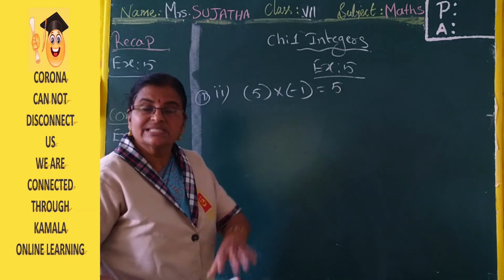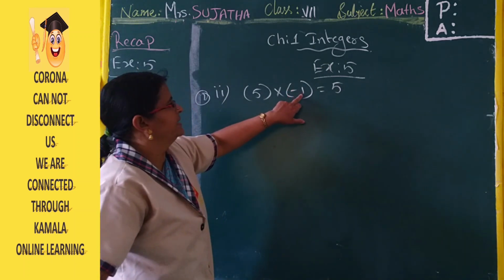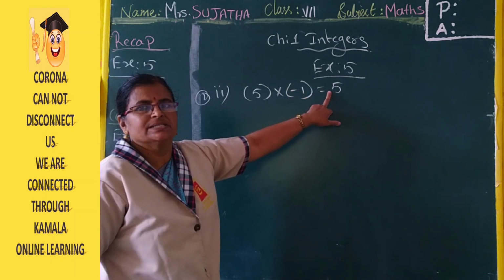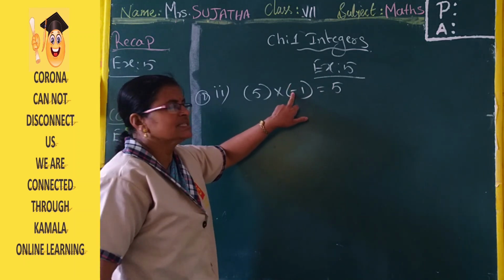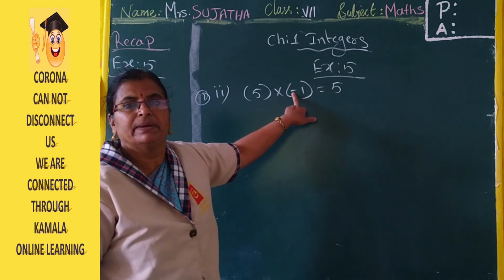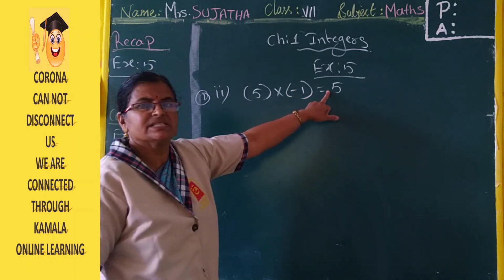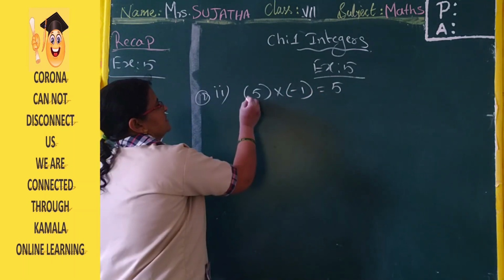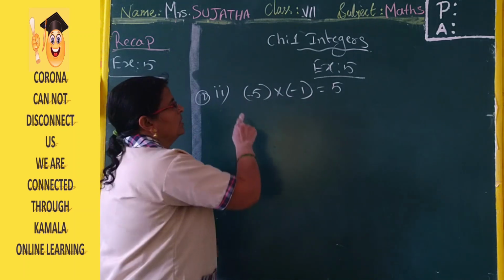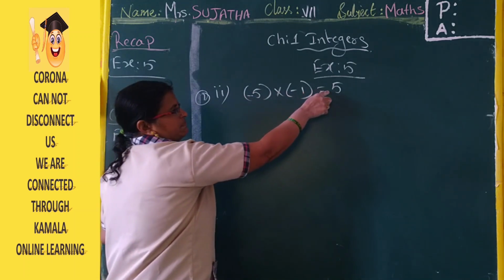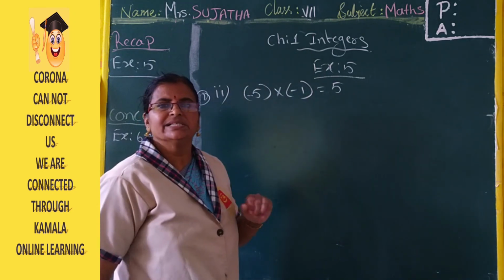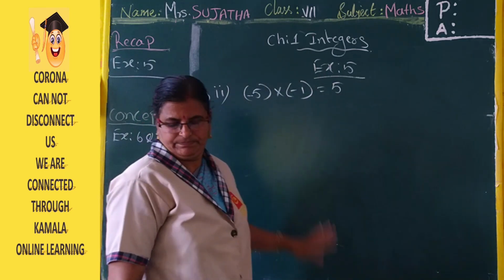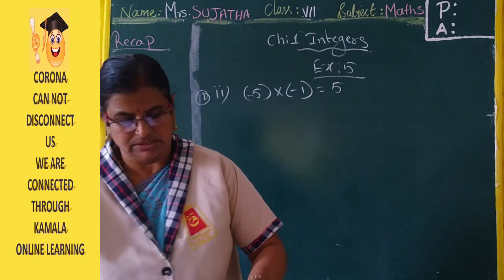Now the sign we will see. Here it is minus 1, but here plus 5 is there. So I have to get a plus sign, which means by which sign should I multiply this minus to get plus? Minus into minus is plus, and 5 into 1 is 5. Understood now? So what is the integer there? Minus 5. So this is the second answer.